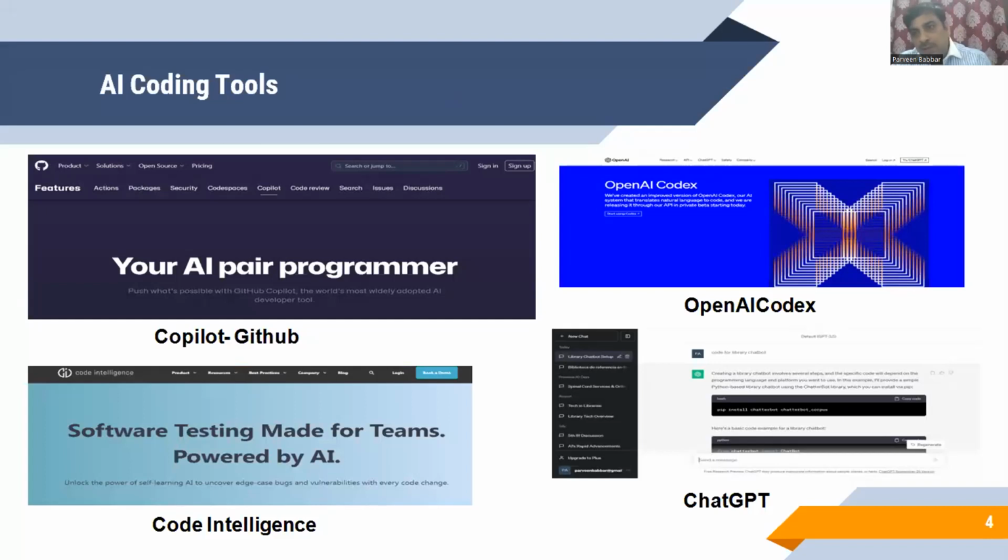What kind of tools can I or other library professionals use for coding the various kinds of applications being developed? There are two kinds of applications. One is, as I told, the auto-built applications which are available. You just have to install it or start working with it and provide it to your users, like ChatGPT itself. It's a website which you can give to your users for working. You don't have to do any coding.